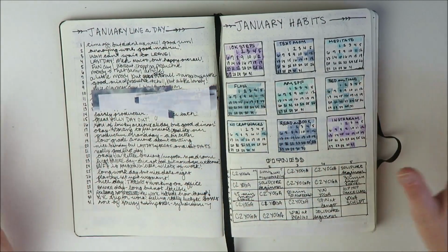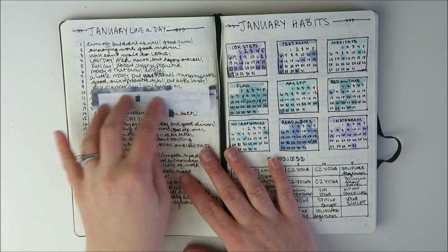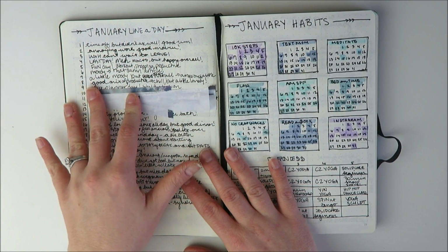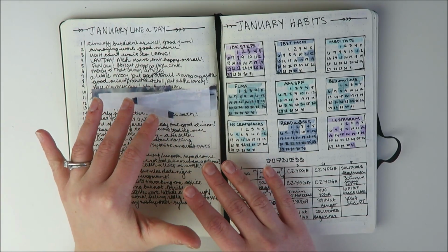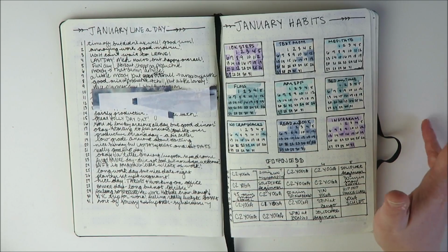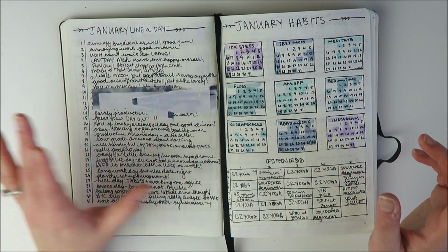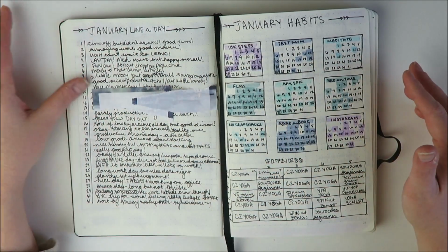Okay, and then on to this page. So you see here, I did a January line of the day. By the way, you're not going to see this too much, but anytime I have anything private in here, I just use some Post-its to cover it up. I am not technologically inclined enough to understand how to blur out my pages like I know some bullet journalers do. So just bear with me there, but everything can't be on the internet. So anyways,